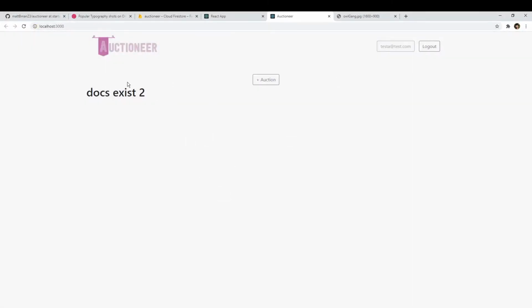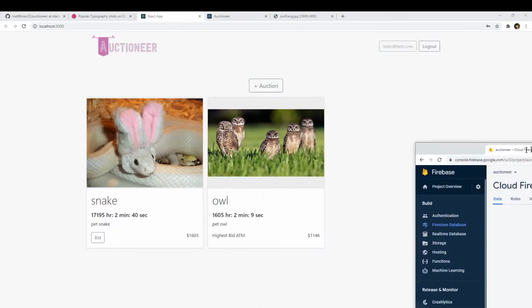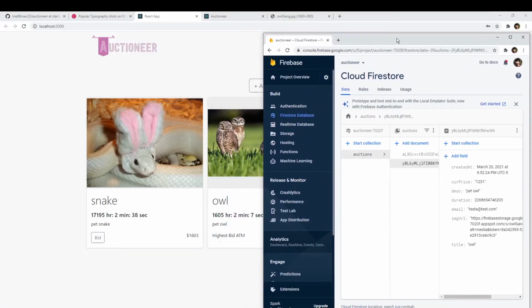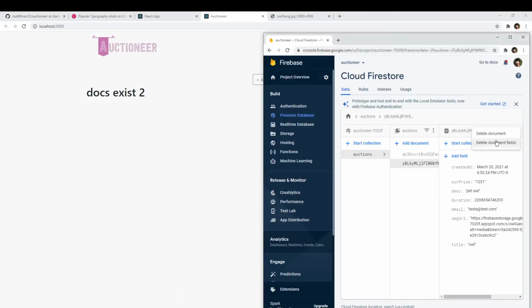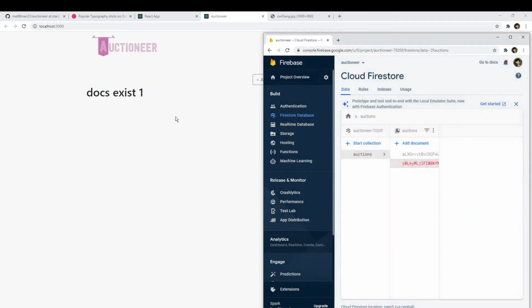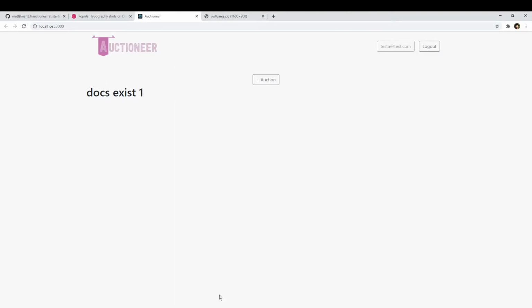Submit. Upload becomes 2. Refresh, 2. And if I do this, well actually here, right? So I have 2. If I delete this, actually if I delete this, it should be 1. So let me open this, delete, and it becomes 1. So yeah, pretty good. Since we delete the